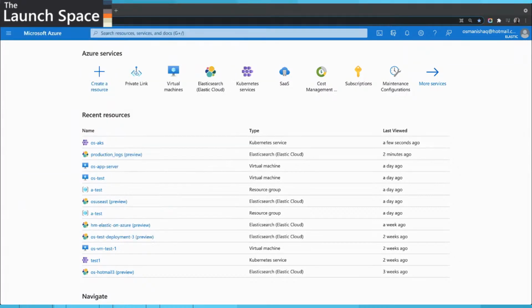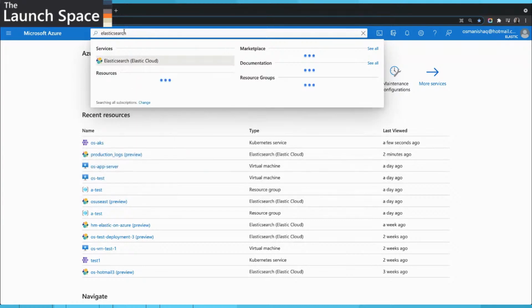So starting from the Azure homepage, everyone, when you first log into the Azure console, you see a page something like this. And typically to install a third-party service like Elasticsearch previously, you had to go about finding things on the marketplace, signing up for an account, setting that up, and you had this overall disconnected experience for setting up a service. Now with this native integration, you can simply search for Elastic in the search bar,